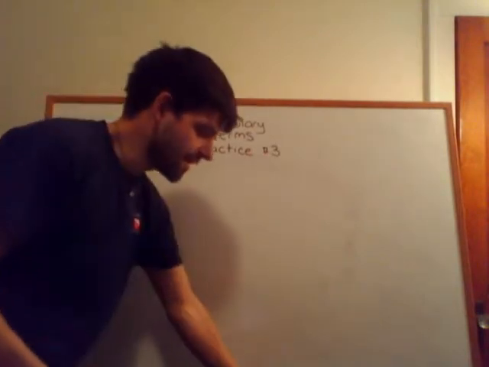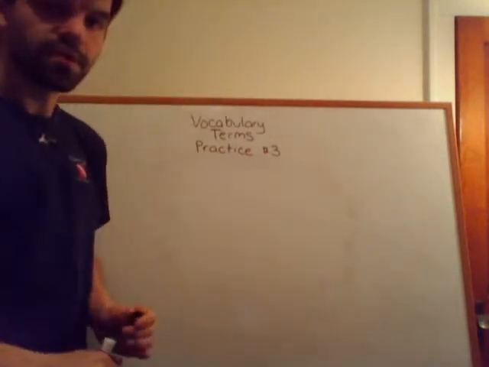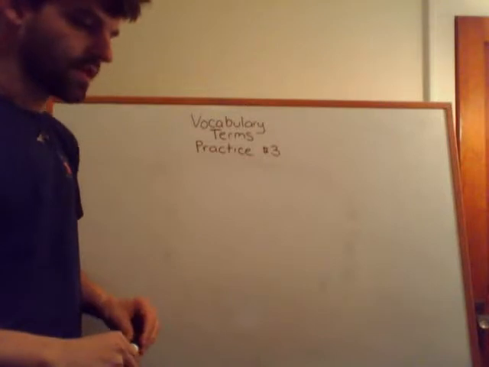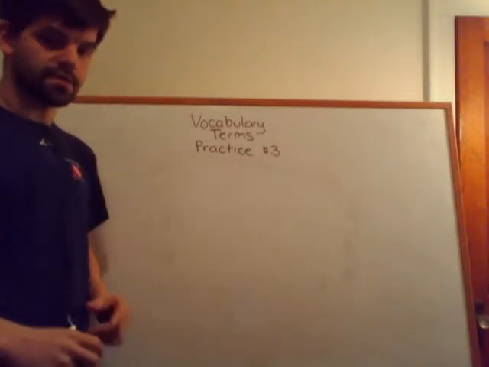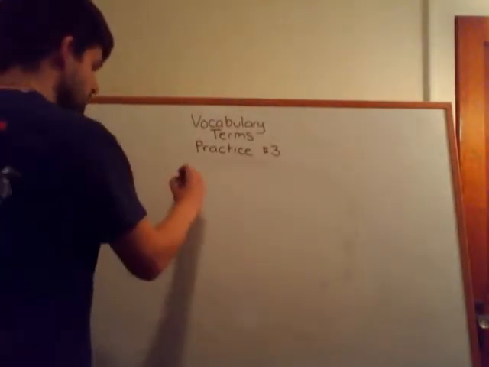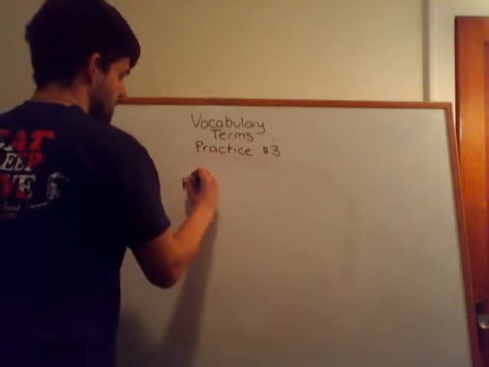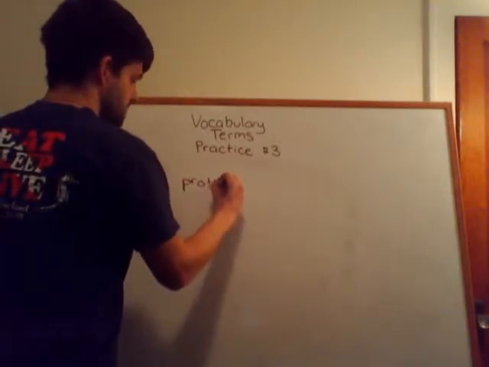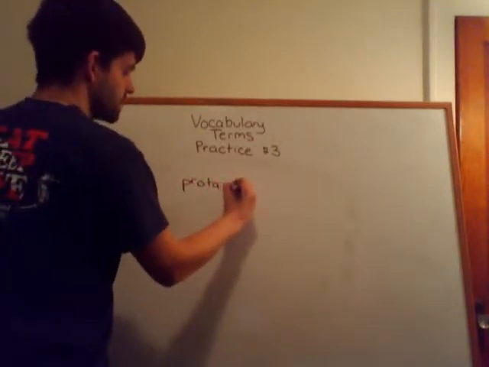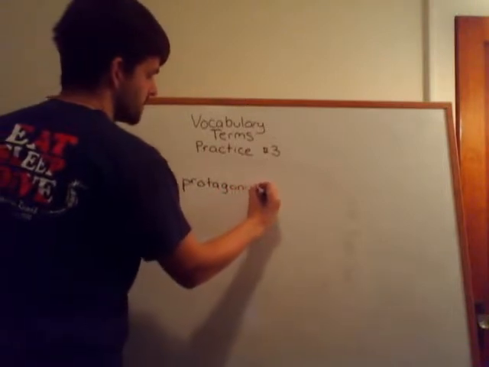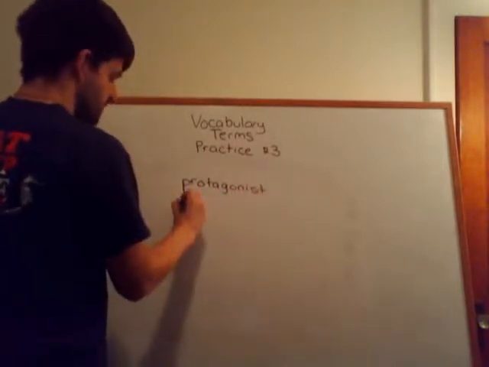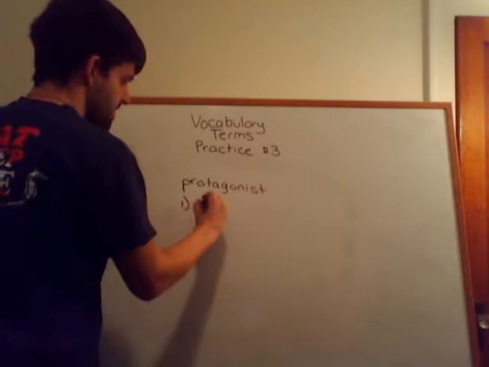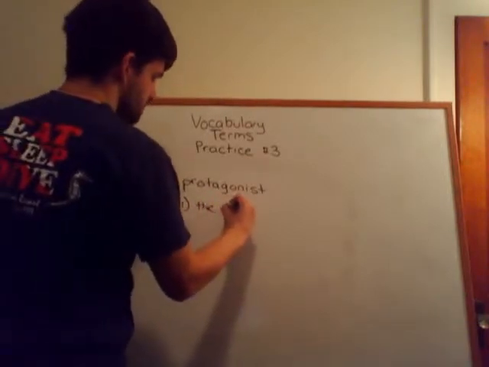Now, this next word is one of those double meaning words, so it's going to have two definitions. Let's take a look at it. The next word is protagonist. Now, protagonist is spelled P-R-O-T-A-G-O-N-I-S-T. The first definition of protagonist is the main character